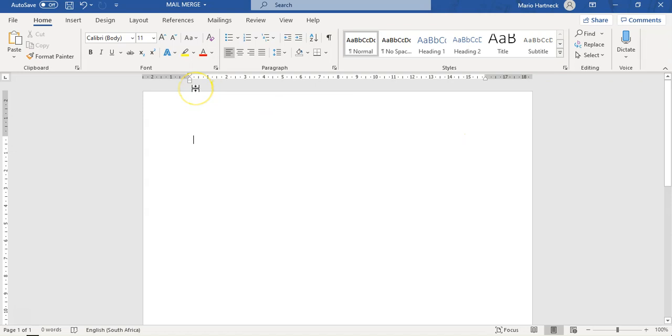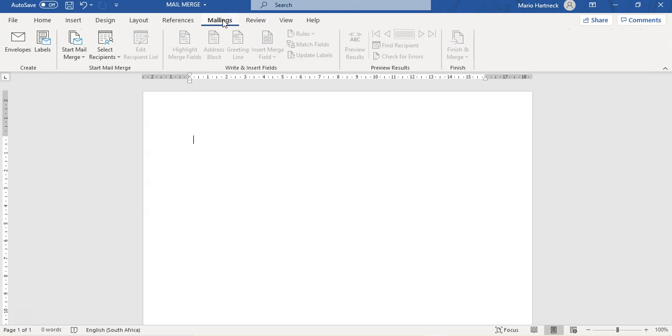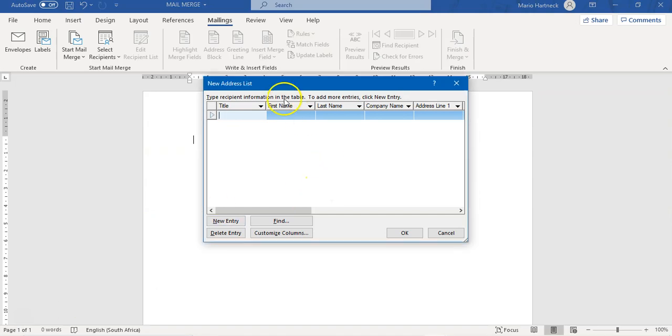So here I am in Microsoft Word, and remember, here are my tabs. I need to click on Mailings. Under Mailings, I'm going to select Recipients, type a new list. This New Address List dialog box will open in front of me. It already gives me a set of headings, and it gives me space to type in my information. Now if we go back to our question,